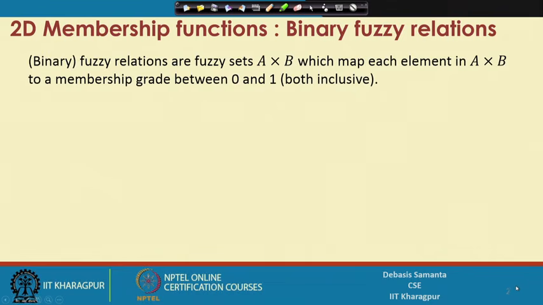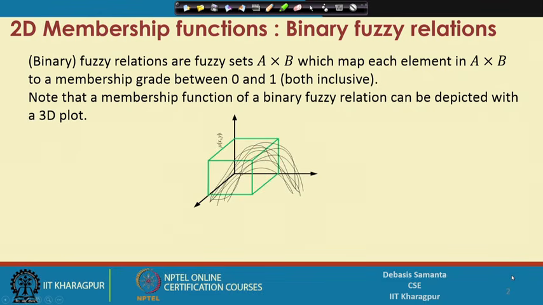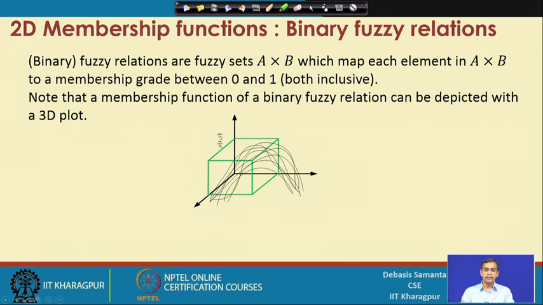Now, such a fuzzy relation can also be graphically displayed. Here, mu(x,y) is basically the membership value of the relation, and if we plot it in a 3D graph, it will look like this, showing how the membership function varies. The graphical representation can be plotted with mathematical tools like MATLAB, if the relations or fuzzy sets are given. Sometimes, using such tools, we can pictorially describe different relations or operations to understand